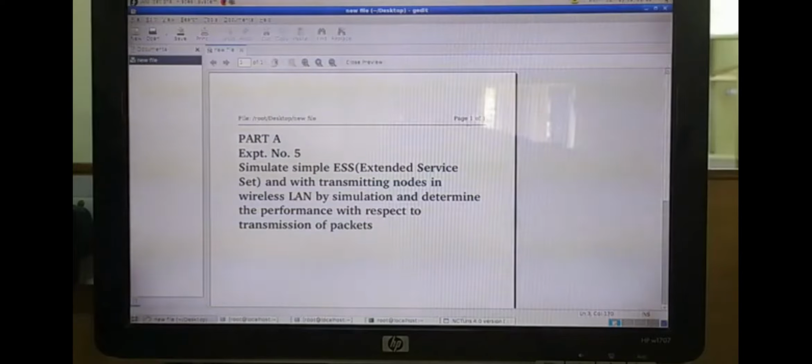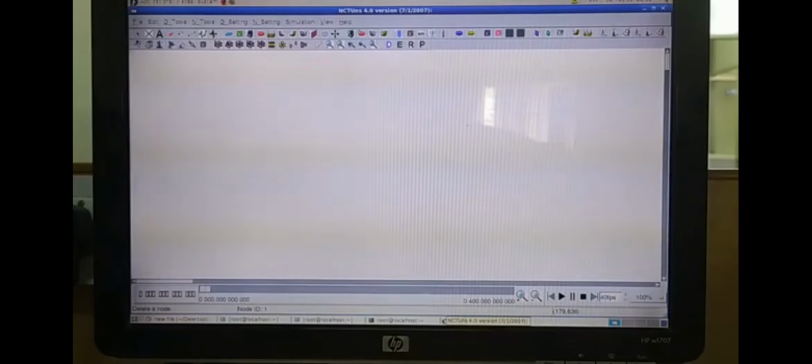Using the tool, we'll try to simulate and understand how exactly communication takes place in the wireless environment. You are already familiar with this tool, and I have already started the dispatcher, coordinator and NCTUNS client, and I got this window.